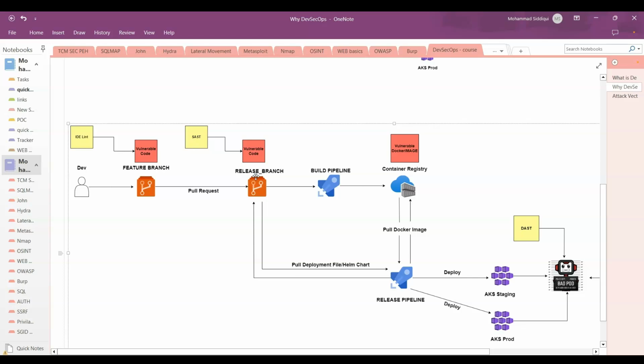These checks, basically, you can run a pipeline. Basically, you can run a SAST pipeline. What is SAST? SAST is static application security testing. This does the same thing which this linter does. Same, ditto, same thing. It will also point out the tool and all. But this is in a more